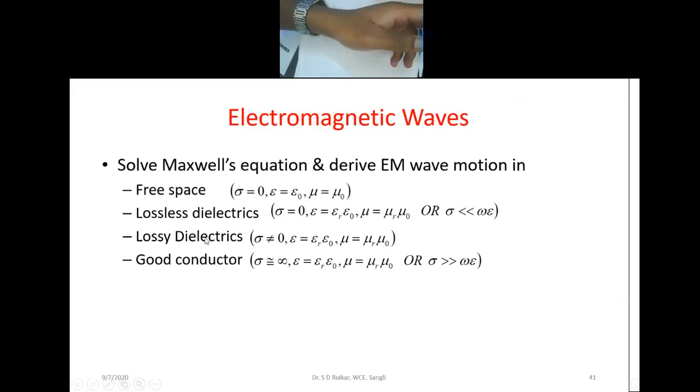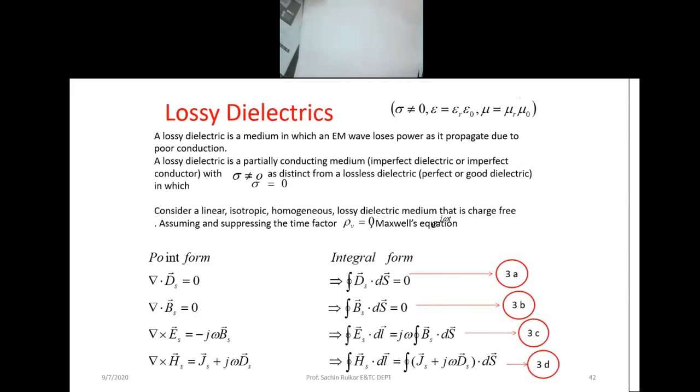Because a dielectric medium is there, but which medium? Most of the time people say it is air, so it is considered free space. But there are conducting surfaces, and that is why people say it is a lossless dielectric medium or a lossy dielectric medium. People use these words, but actually it is an air medium. Due to the conducting walls in a waveguide, there is a small variation: losses occur because of the conducting wall or because of a lossy dielectric material.